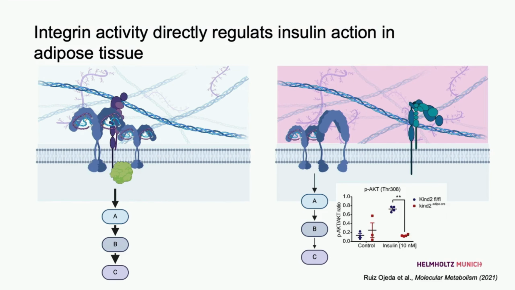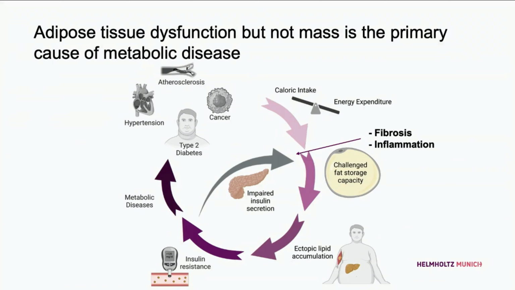Essentially showing that one element of how fibrosis acts on the adipocytes is that it really also already blunts adipose tissue function, simply because you change the extracellular matrix, and this also has an impact on the activation state of the adipocytes. The other important thing to mention here, however, is that we still need this hypertrophy of the adipocytes, so the growing in the size of the adipocytes, to cause trouble.